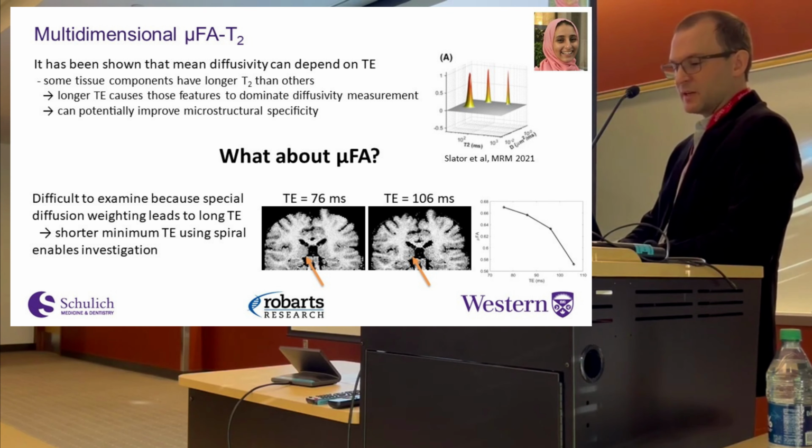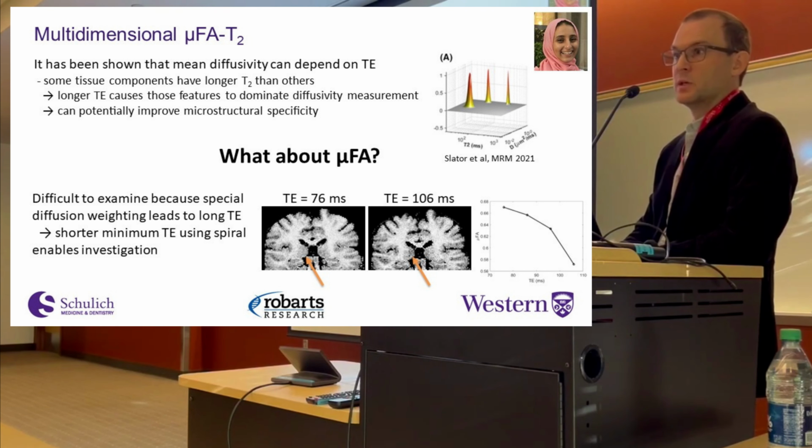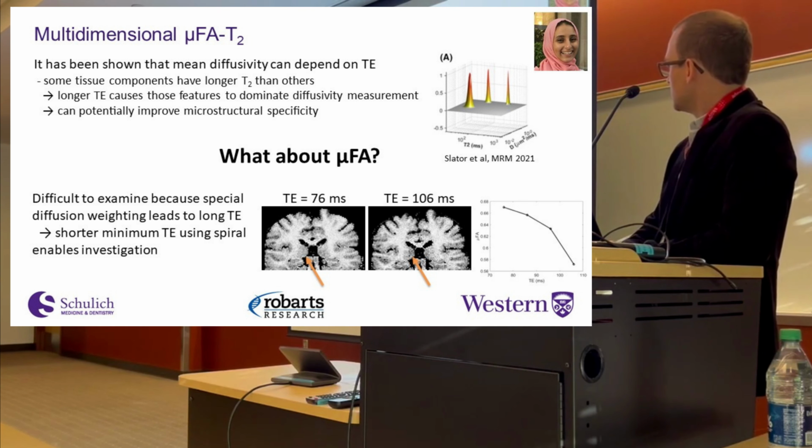On the left-hand side is single shot spiral micro FA with a TE of 76 milliseconds. If we had EPI, our minimum TE is something like 94 milliseconds. So we're able to get down to 76, and then we're looking at as we go up to 106. If you really squint, you can maybe see that the contrast is a little bit different, but